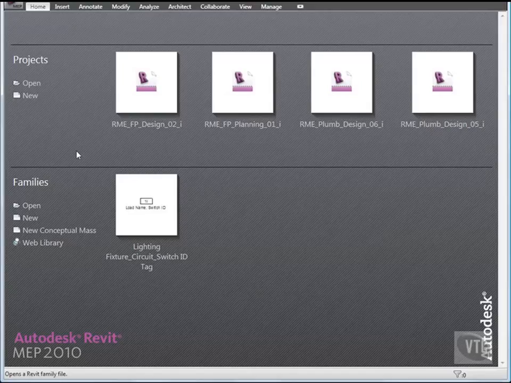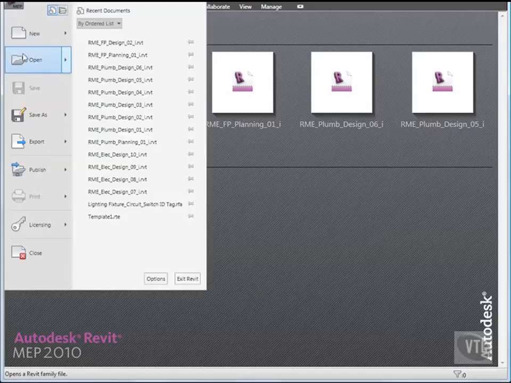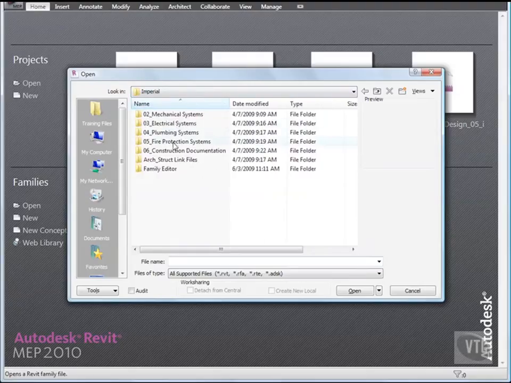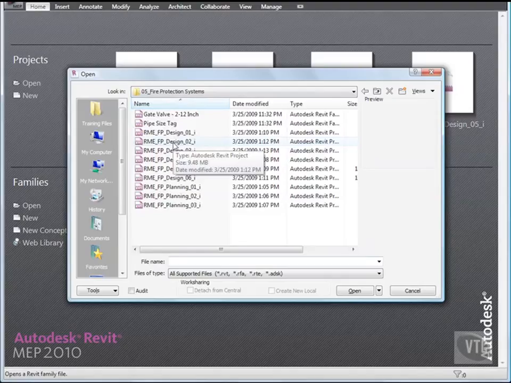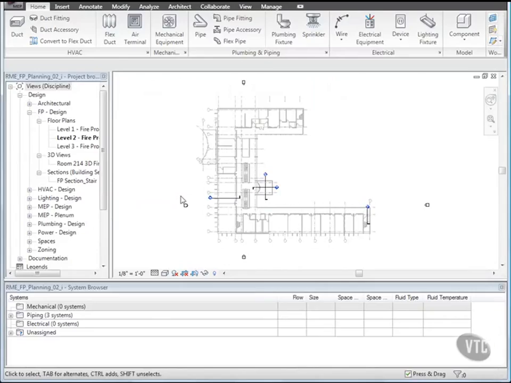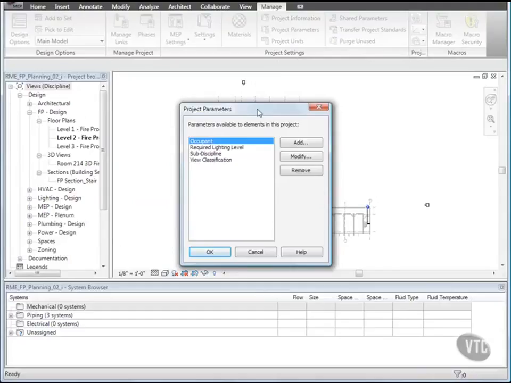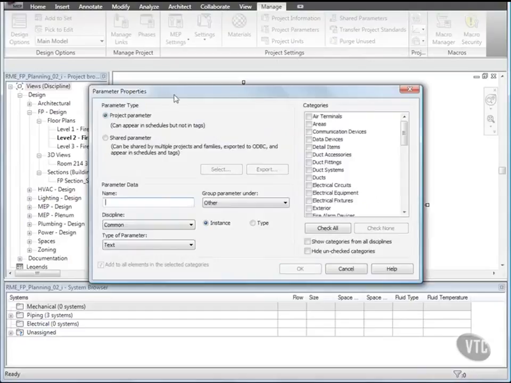Click the menu browser and select Open, and from the Training Files Imperial Fire Protection Systems folder, open the file RME FP Planning 02. To create project parameters, click the Manage tab, and from the Project Settings panel, click Project Parameters. In the Project Parameters dialog, click Add, and in the Parameter Properties dialog, under Parameter Data, for Name, type Sprinkler Zone,